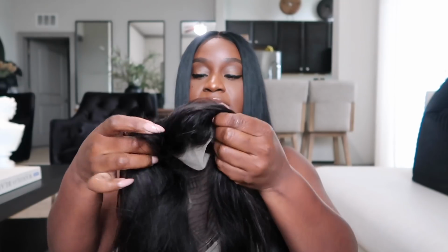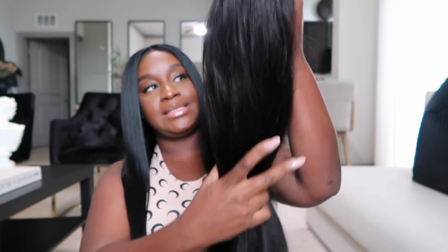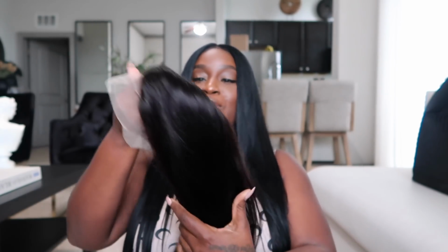Bomb. So this is their Brazilian straight 24-inch 150% density. So I will be trying this out probably next week and I'll let you guys know, but I can already tell this is gonna be bomb. I can just tell by the way that the hair feels that it's gonna be bomb. It doesn't have a smell. The lace is very soft, like y'all already know. So this is bomb. So thank you so much, y'all. Thank you,